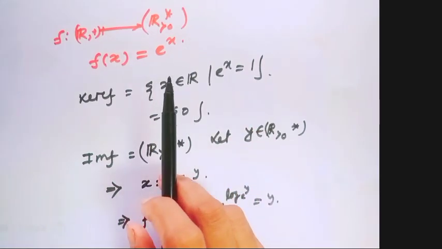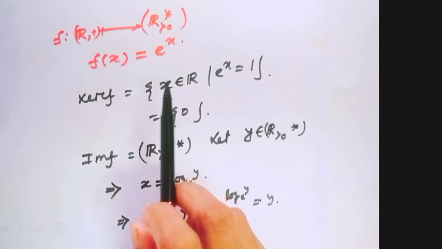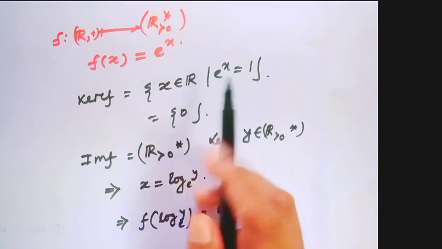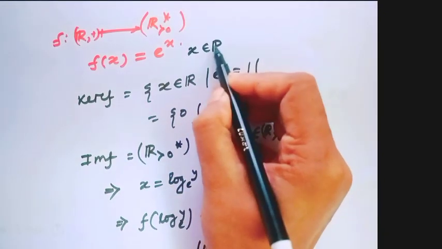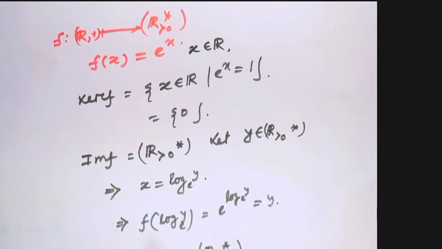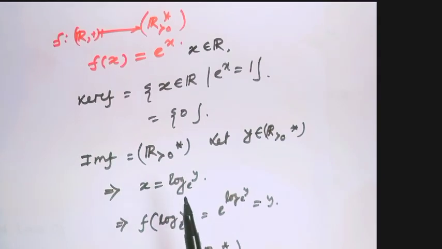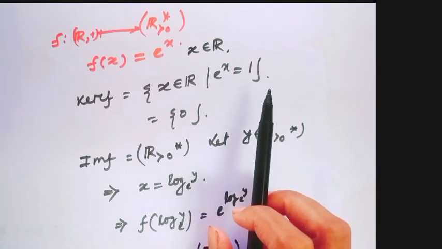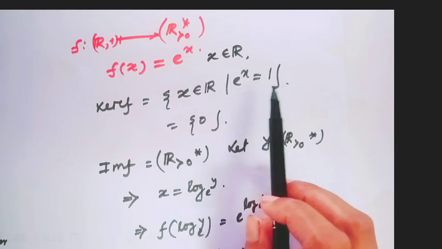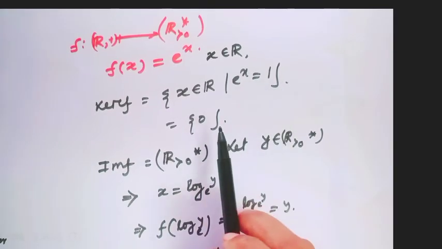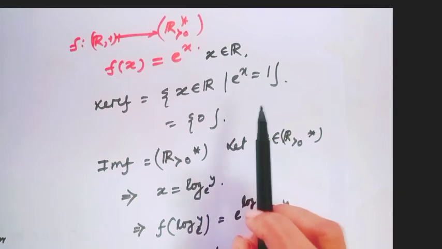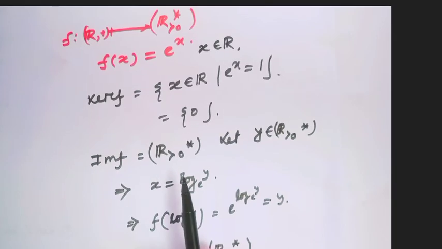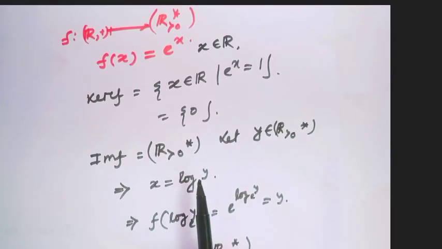Now verify it by the first isomorphism theorem, and the defined mapping is f of x equal to e to the power x, where x is a real number. Okay, what would be the kernel of f? Kernel of f equals the set of all x in real numbers such that e to the power x equals 1, and at the value only 0, the value would be 1. So the kernel of f contains only the singleton set 0, and this mapping is always onto.